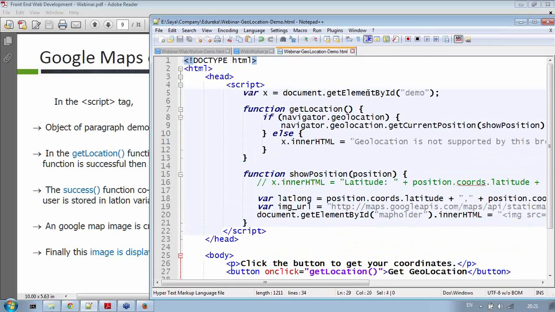Once we get access to that HTML element, we store that object inside this X. So when this get location function is called, when this button is clicked, whatever the body of this function contains gets executed. Note that the body of this function checks whether geolocation is supported by this browser or not, and if it's supported, then using the geolocation API, which is